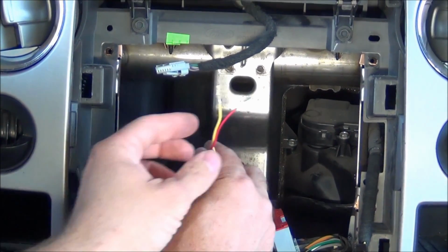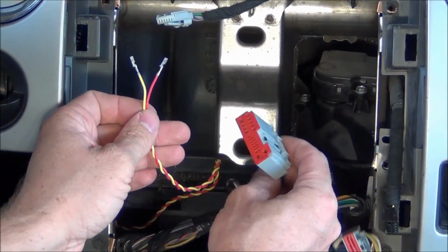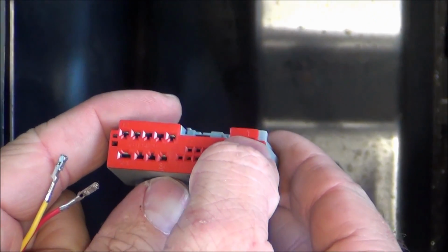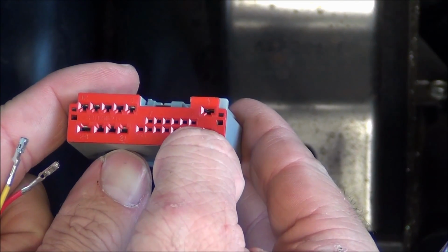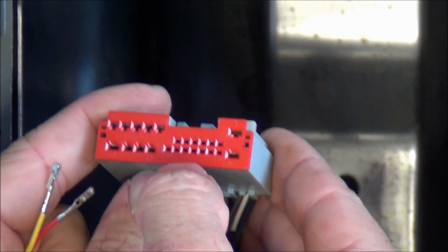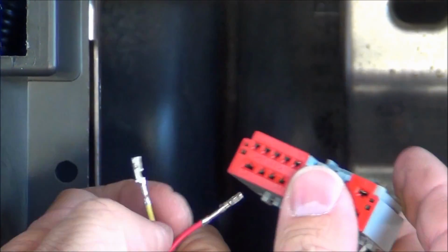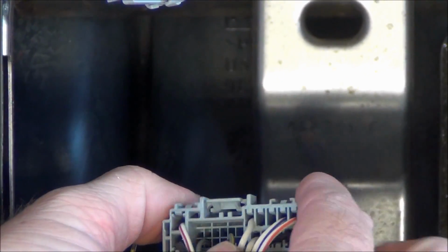What we're going to do now is pin this into the back of the C40 radio connector. You'll notice on the front here, it gives you the numbers. So 1 starts here, goes all the way to 12, 13 is here, 24 is there. So we know that the yellow needs to go to pin 16, and the red needs to go to pin 17. So if you flip it around,